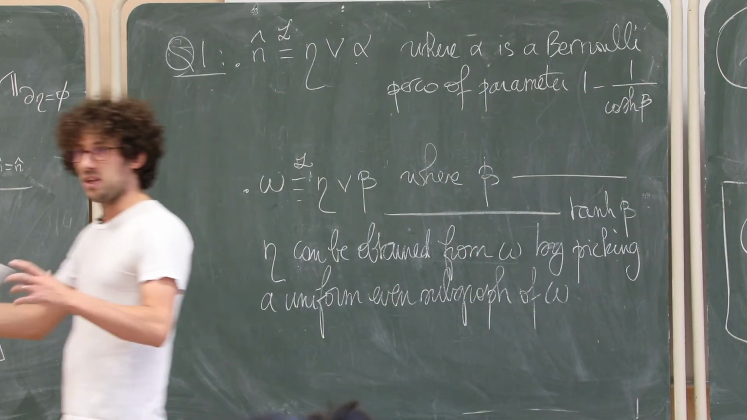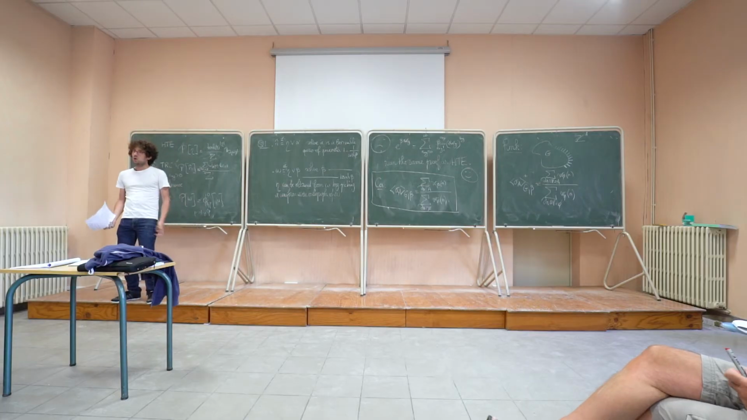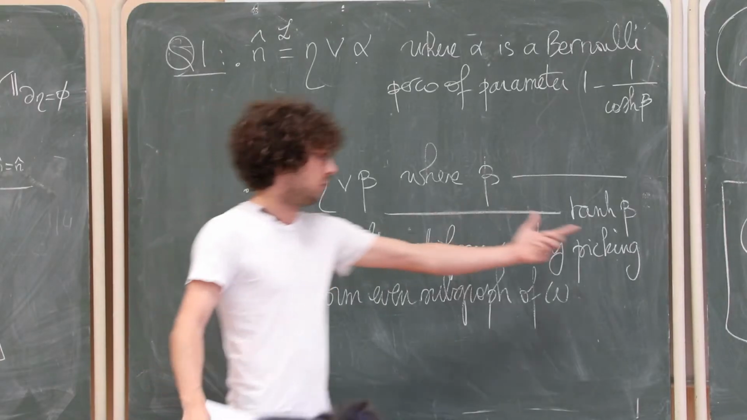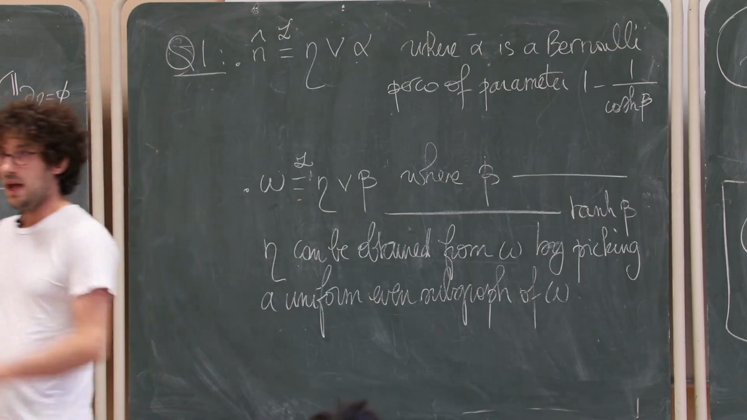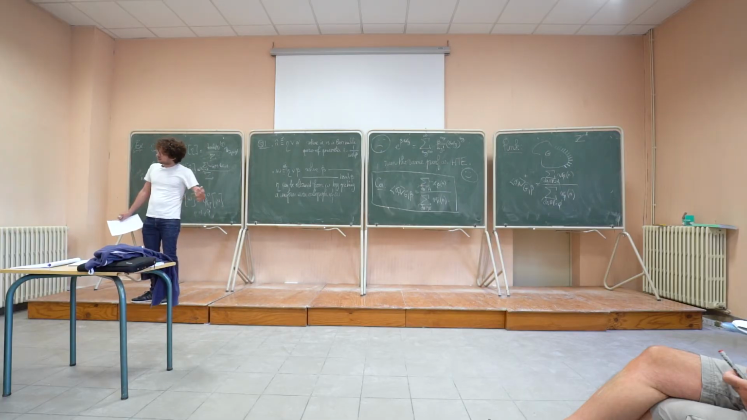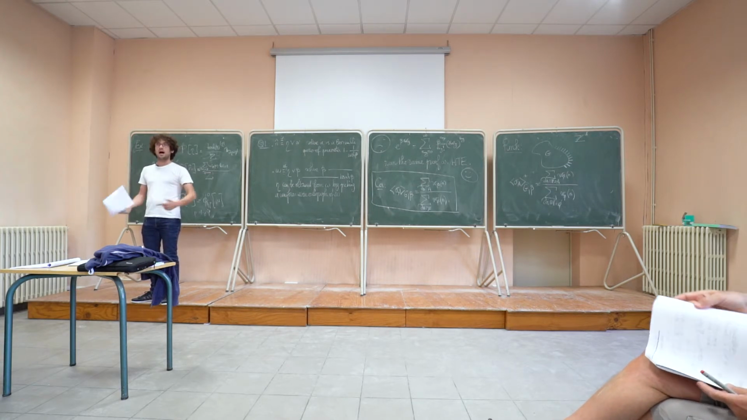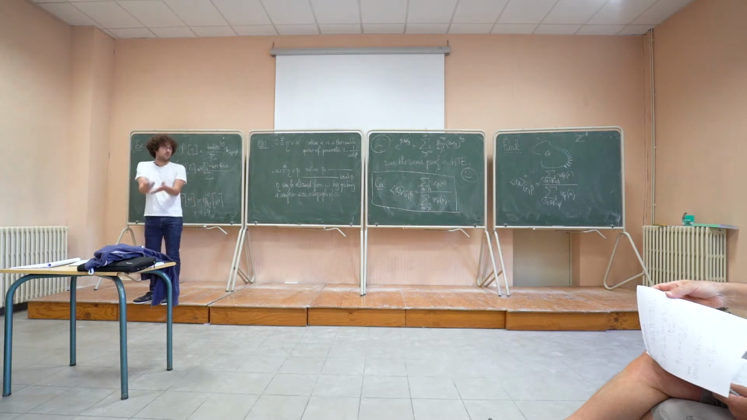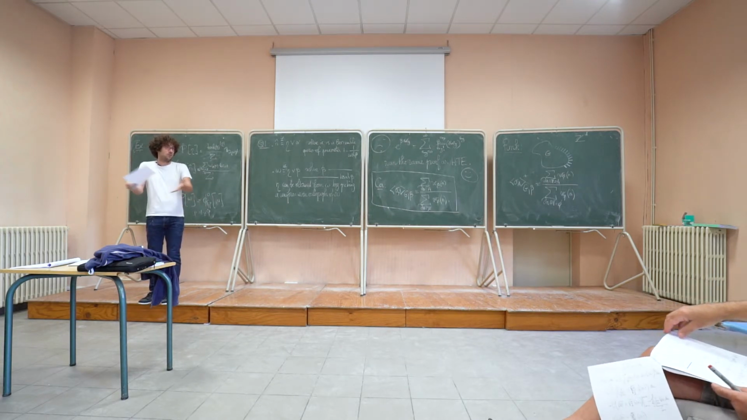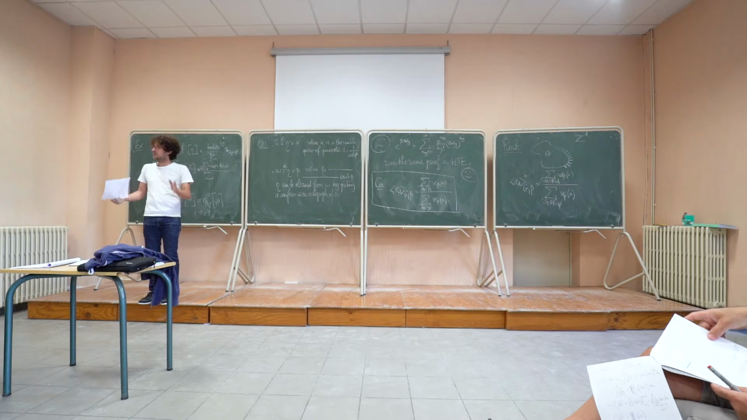So if you want to obtain omega from eta, you add new edges uniformly and independently with a certain intensity, which is hyperbolic tangent of beta. If you want to go the other way, you pick omega, and then you pick a uniform even subgraph at random. You have a finite number of even subgraphs, right? Even meaning even degree at every vertex. You have a finite number of them. You pick one of them at random,